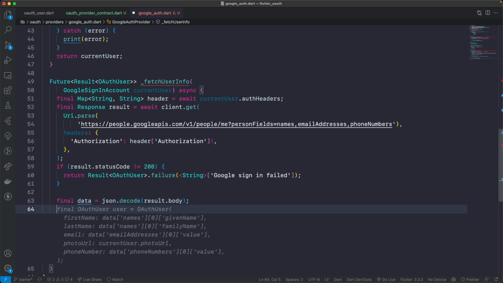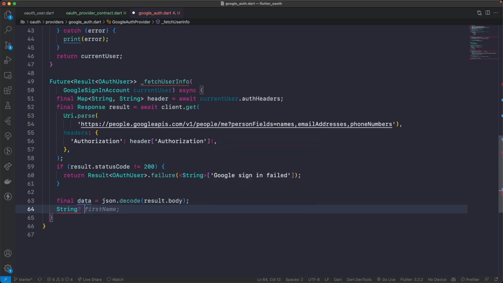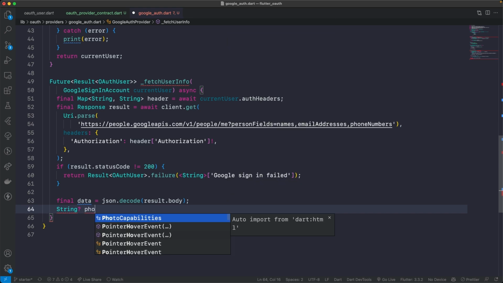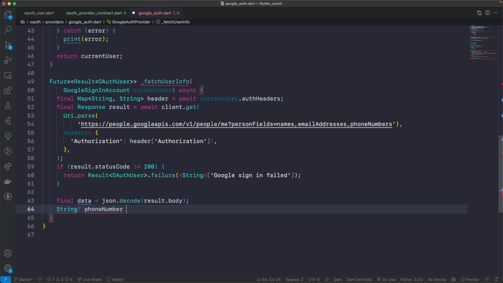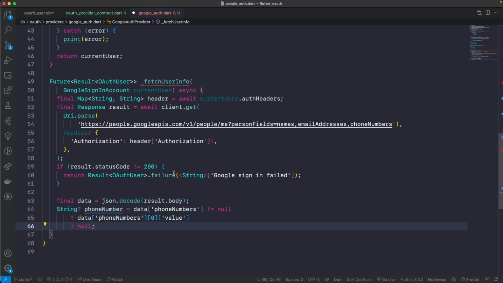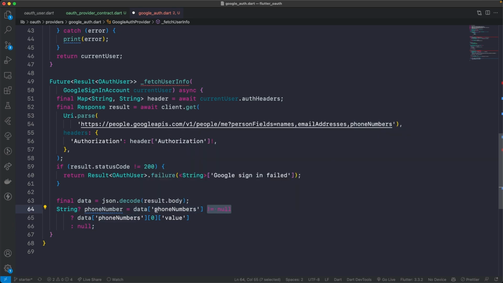So I know that from Google's server, the result that is returned from Google, there's a possibility that the phone number JSON string doesn't exist at all. So what I'm going to do is first check that. I'm going to say phone number equals data, get the phone number, and check if it's null. Check if this field exists. If this field exists, then what I'm going to do is strip the phone numbers